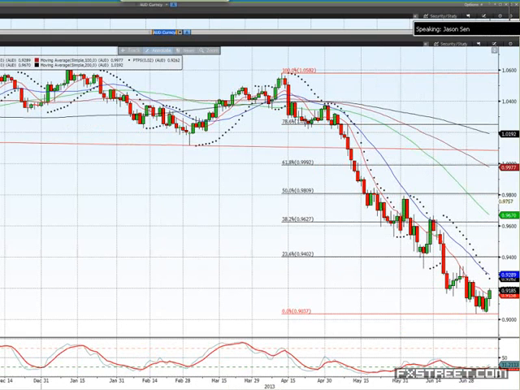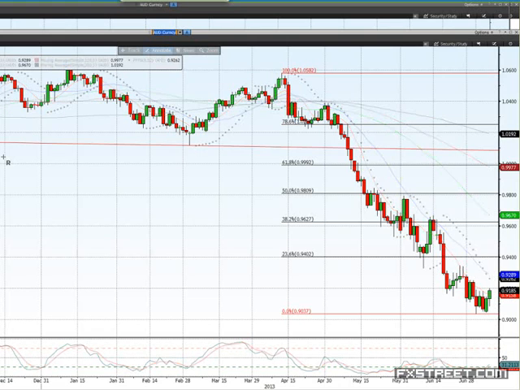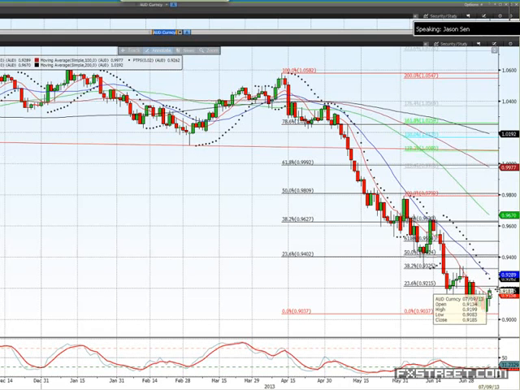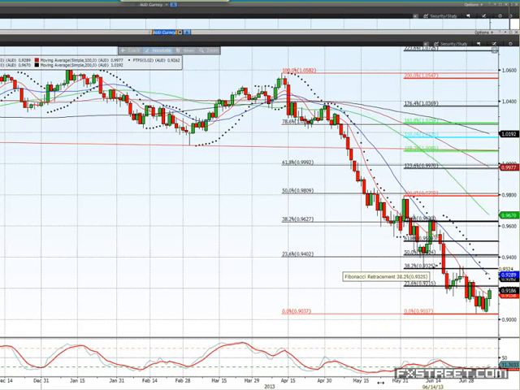Realistic targets, we're going to use some Fibonacci's for that. So 92.15 is our first target, and we've got close, as I said, to 91.99. So a close above 92.15 would be more positive, and then I think we could start stretching up towards 93.25 at some stage before the end of the week. Maybe, don't know, but certainly into next week.